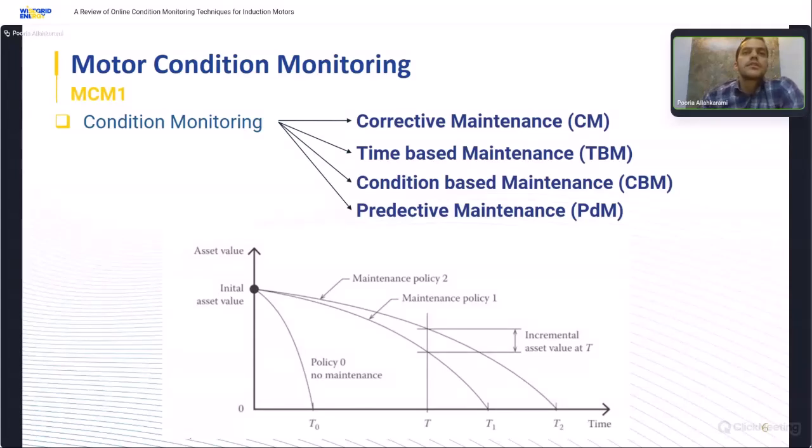Second, the cost. Because this method is unplanned, the costs are usually high. Emergency callouts, shipping for spare parts, and overtime labor can drive the expenses up. Since we repair the failure after the complete failure, the damage tends to be more severe and the cost will be high. And third, the risk of this method. This approach carries a significant risk, more than the